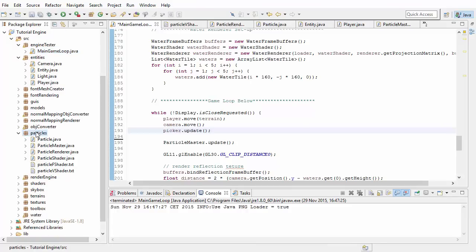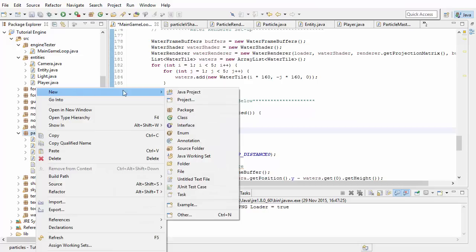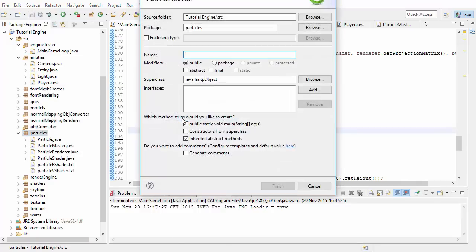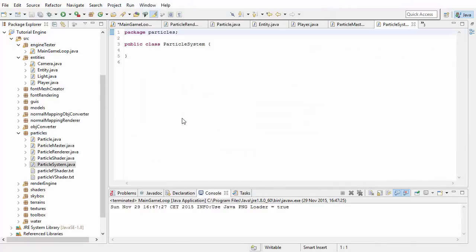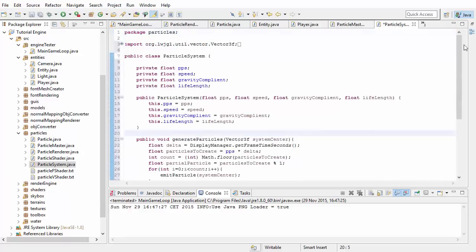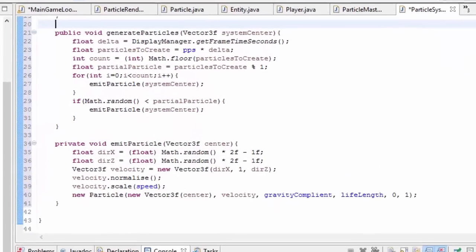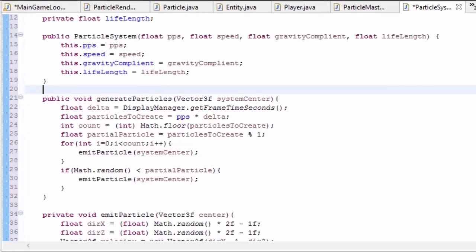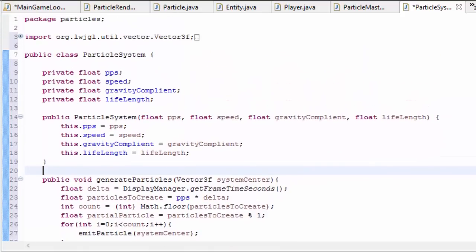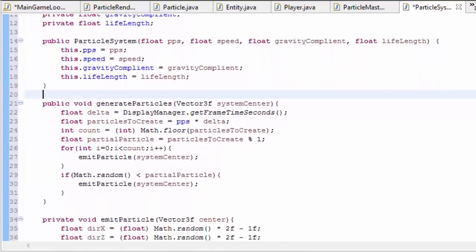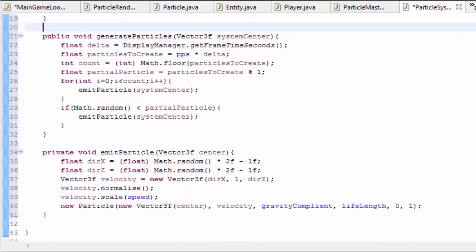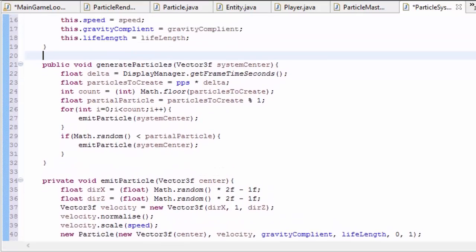All we need now is an easy and useful way to create loads of particles, and for this we're going to create a particle system class. Particle systems are basically just going to be things that continually emit particles in a certain way, and I've actually made a simple example of a particle system here to give you an idea of how they could work. So you can download this from the description and have a look at it and try it out, and then you could try to create your own, or you can use the more complex particle system that I've also provided